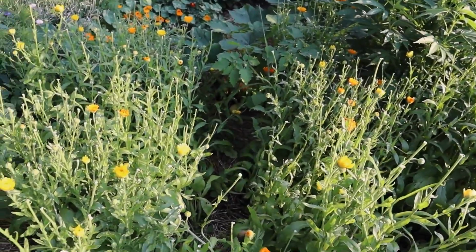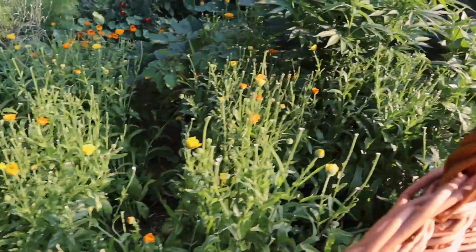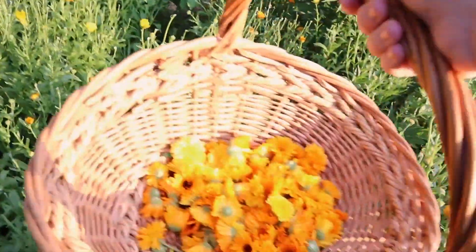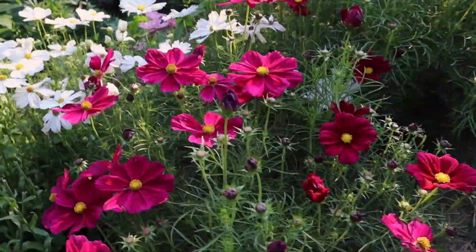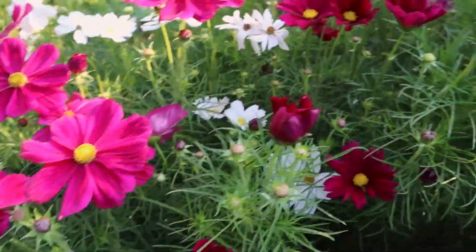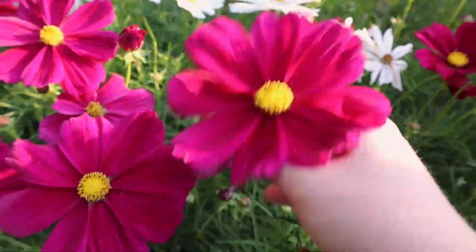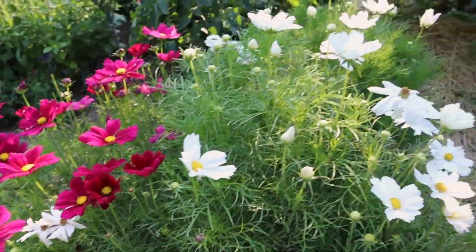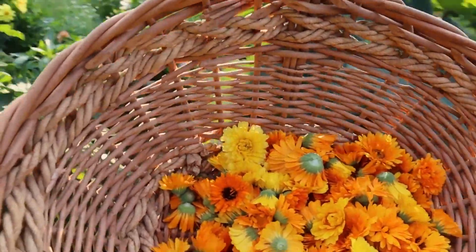Alright, so there's that pretty much picked clean. And I promise you won't even be able to tell tomorrow. There's going to be hundreds of new ones that open. Here is my basket so far. And now we're just gonna, oh, aren't these beautiful? They're so romantic and whimsical. Anyway, we're not picking that right now. Let's go to the next